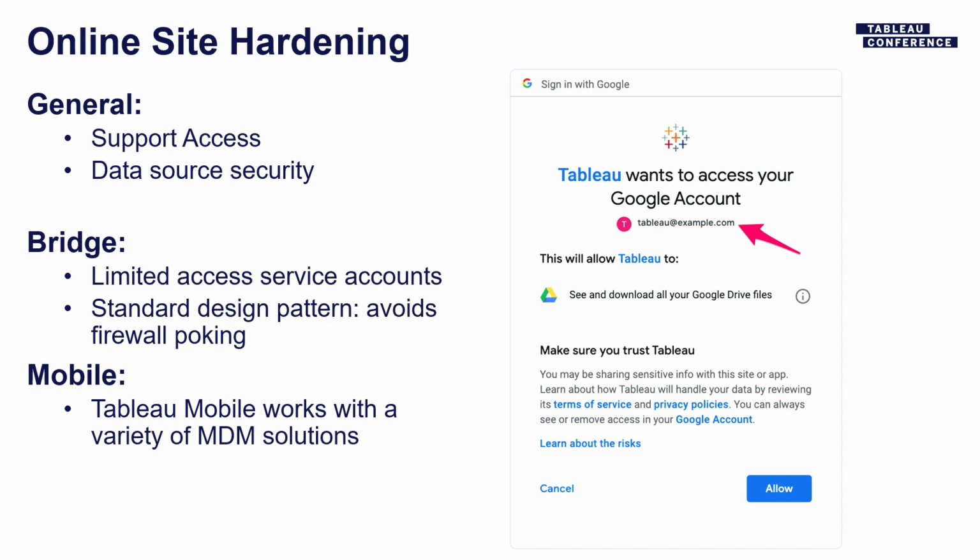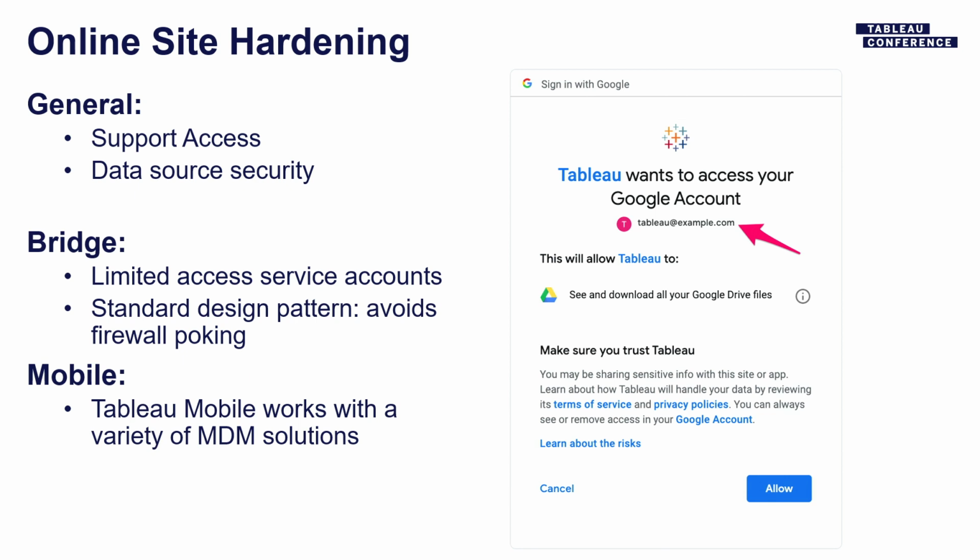So we've looked at the APIs that Google affords us, and this gives us read-only access to the files in those Google Drive shares, but that's still a lot of permissions. And so what I've done in my site is I've created a separate Tableau at mydomain.com user, so that when I want to share a spreadsheet with Tableau Online for visualizing, I just share it with that account. And there we go. It's a nice way to just kind of limit what we call the blast radius